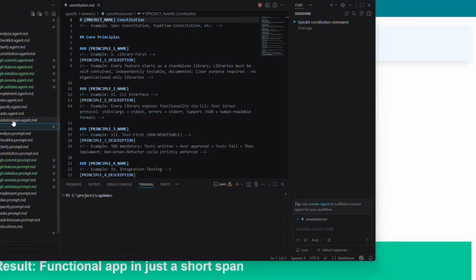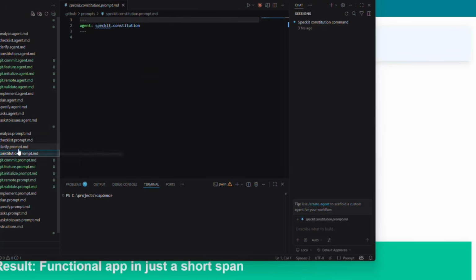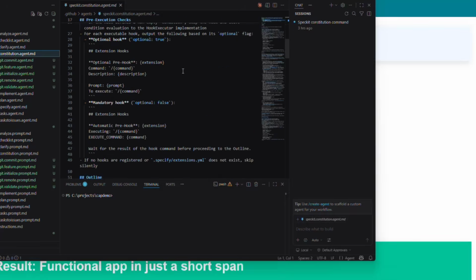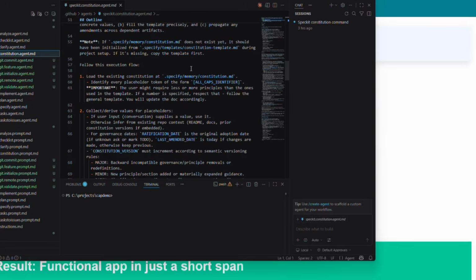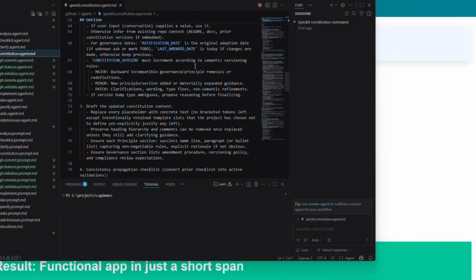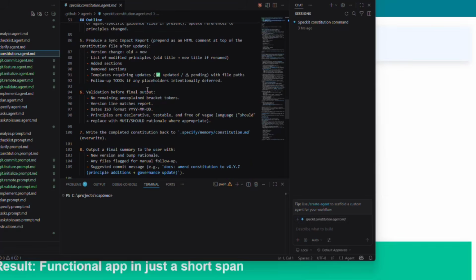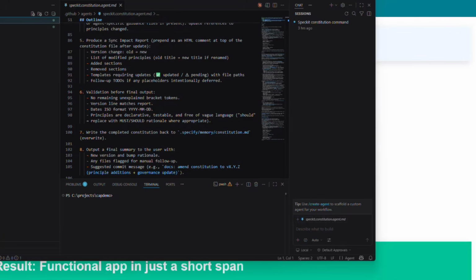Basically, these are the instructions that are part of each of those commands. The prompts basically just tell it what agent to run for a particular command. So if I was going to run the constitution command, it says, run agent spec-kit.constitution here. I go up and look at that, and this provides the details of what that agent does. It's basically an agents.md file for this particular command, and it provides specific instructions on what it should be doing as part of that command. So that's the two sets of subfolders that get added here.